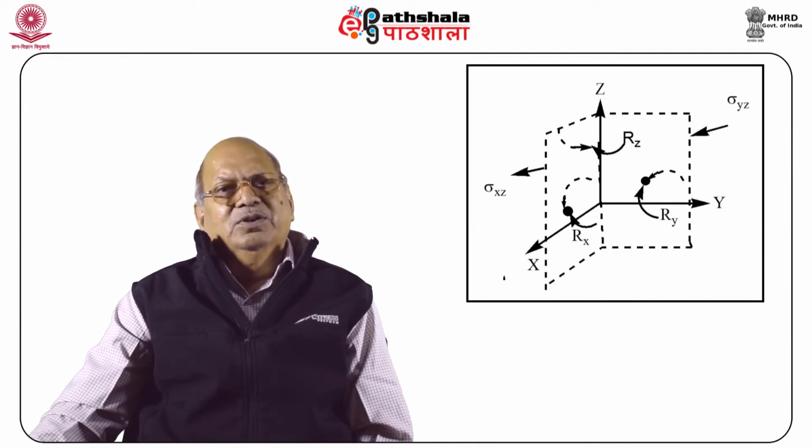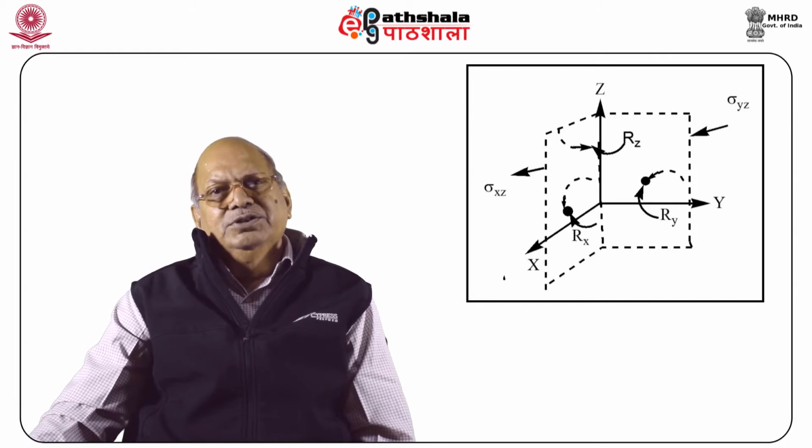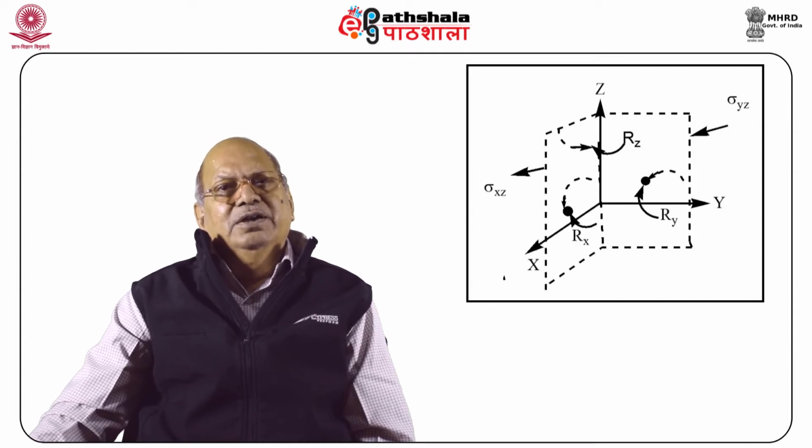Let us see the effect of the symmetry operations E, C2, sigma xz, sigma yz of the C2V point group on these rotational vectors. If a rotational vector, symbolized by a curved arrow, changes direction on performing a symmetry operation, it will be antisymmetric with respect to that symmetry operation, that is, a -1 effect. If the direction of the arrow is not changed, it will be symmetric, a +1 effect, and these effects are shown in the diagram.